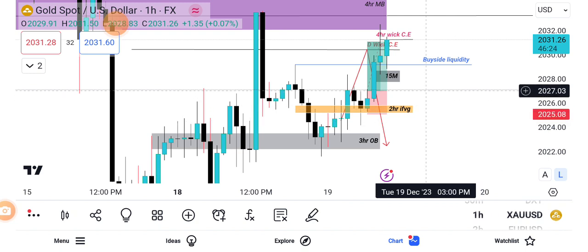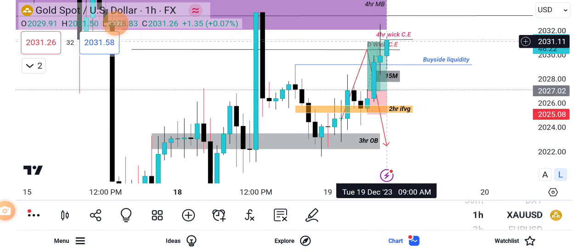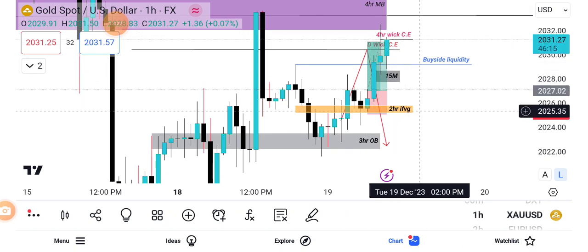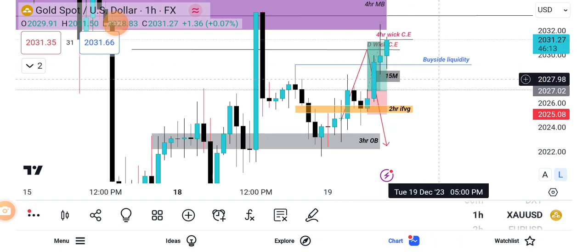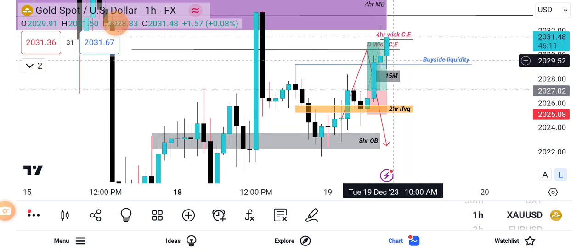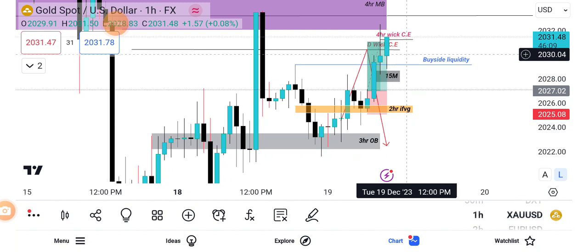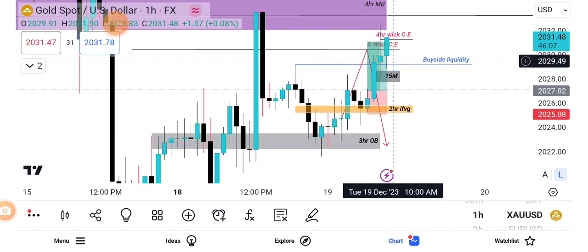That buy side liquidity, then we can see the wick now has been tapped into, so now we can be looking for sales. But let's wait and see a reaction. We must have confluences, so we will not be rushing the thing, right? Yeah, so